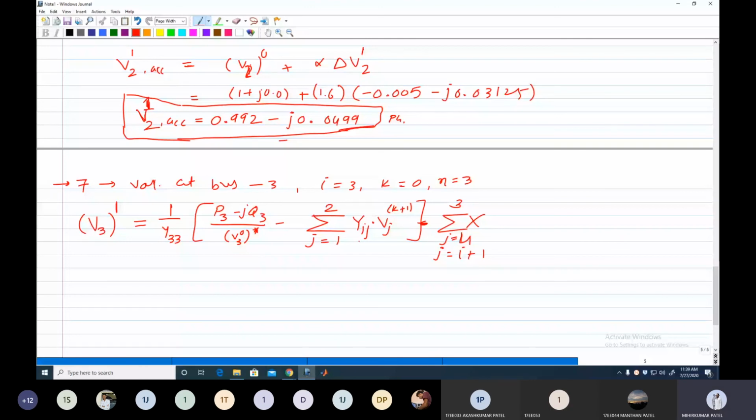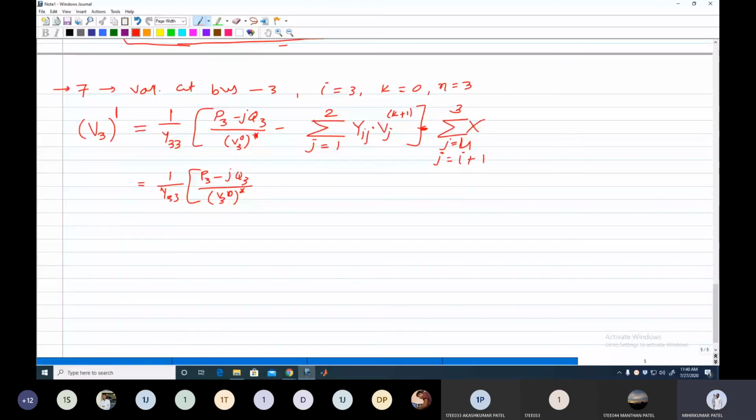Now just help me write down again the value of the first summation. Let me write the equation again, because this is the important part where all the students make mistakes. The extraction of the summation is most important. The value of each element we have already derived. So help me write down this summation.